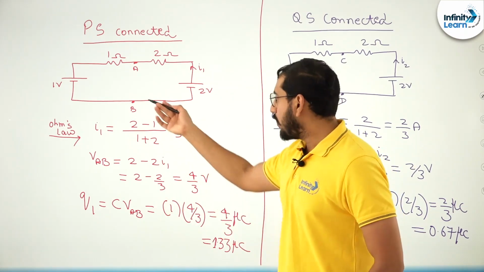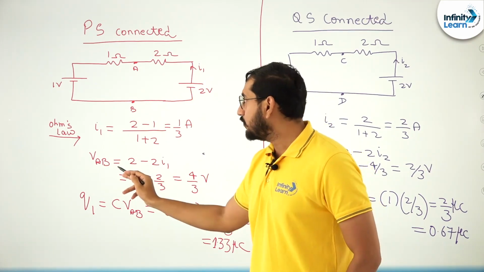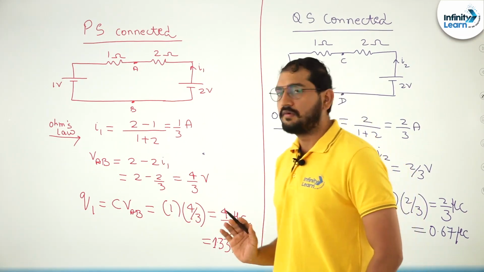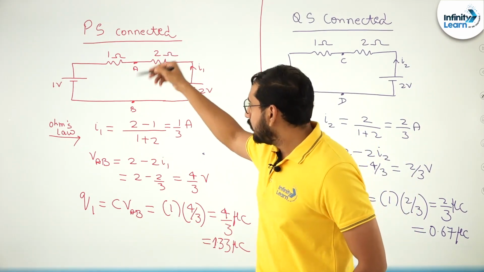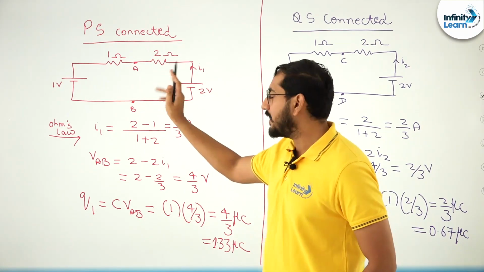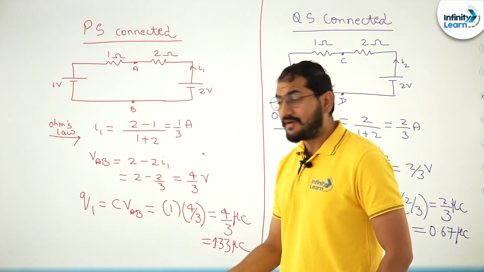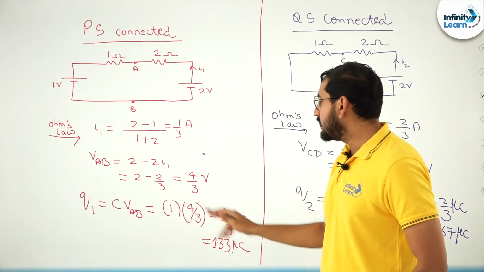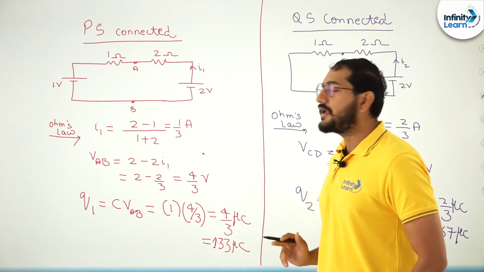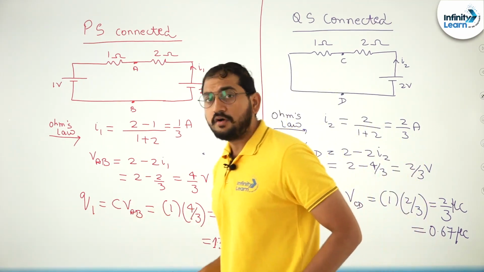Now I will write down Kirchhoff's equation going from point B to A, and here I can find the voltage difference between these 2 points, which is going to be equal to 4 by 3 volt. The same voltage is across the capacitor, which I have not shown here, but it is connected over here. So the charge on that capacitor, Q1, is given by Q equal to CV. The value of capacitance is 1 microfarad. This will give me the value of charge Q1 as 4 by 3 microcoulomb, but I need to report my answer in 2 decimal places. So 1.33 will be my answer for Q1.